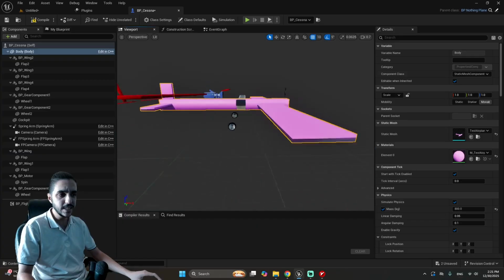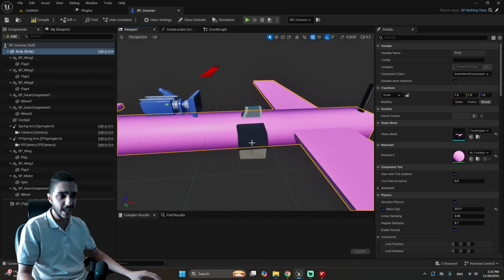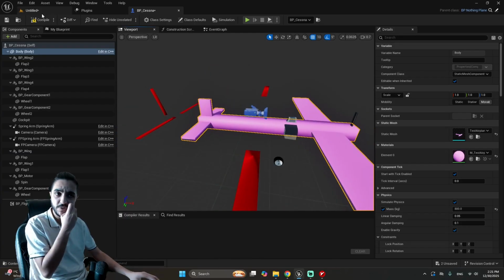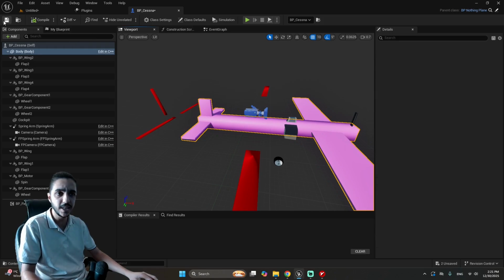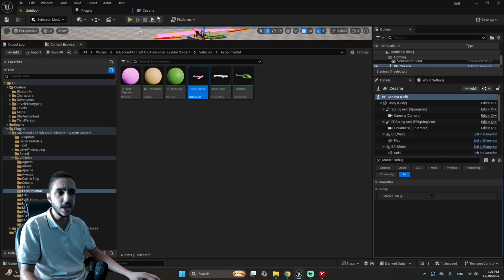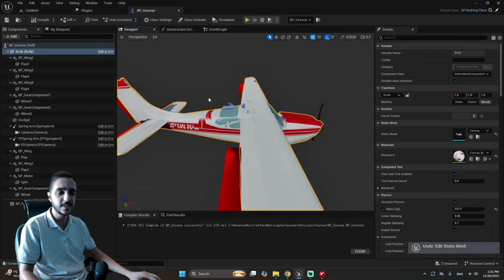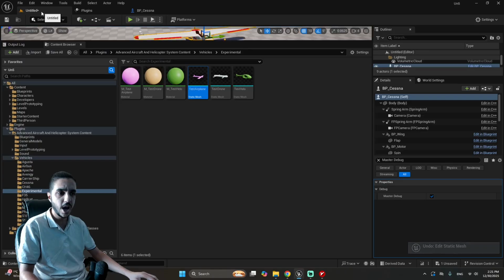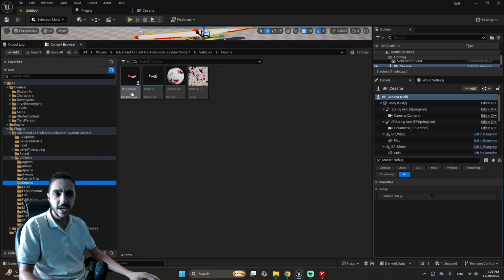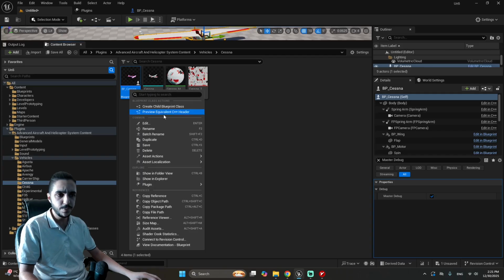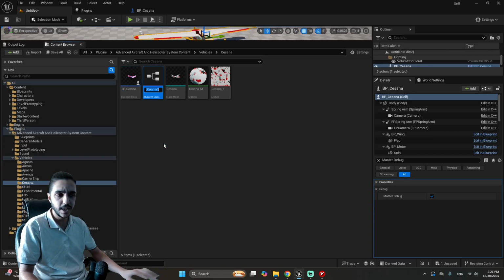Okay, and as you can see, so many things are not aligned, especially these. We're going to fix that in a second. I'm going to hit compile and save. Okay, usually I don't do this. Actually, let's Control Z and go back here. Why not go to the Cessna folder, right click on this Cessna blueprint and duplicate it. Okay, and then this time I'm going to say